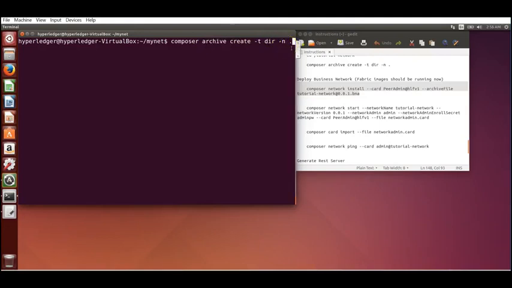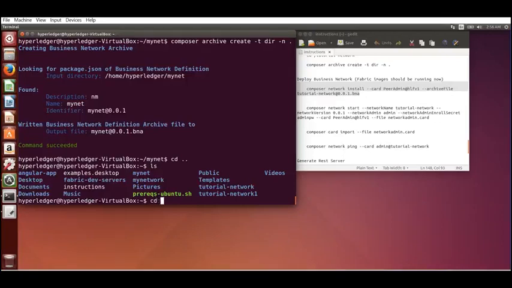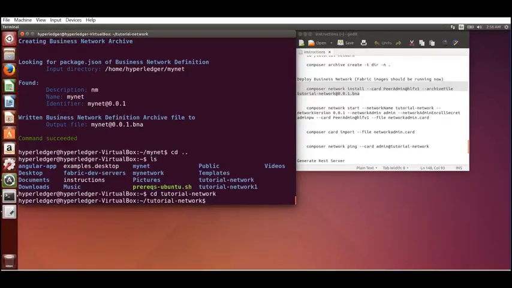I'm using a new network that we created, but actually I pre-created all the elements in another network that we are going to move into. Okay, and you can see this Composer archive command created the business network archive, type BNA. I'm going to go back to the tutorial network that we have already created for you, pre-filled with realistic trade, commodity, and trader information.